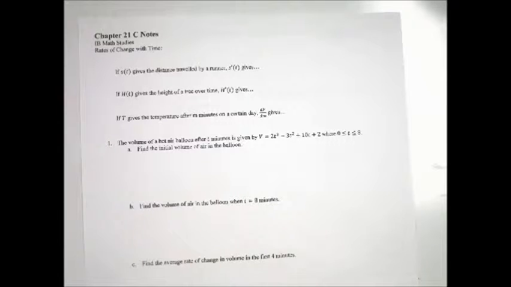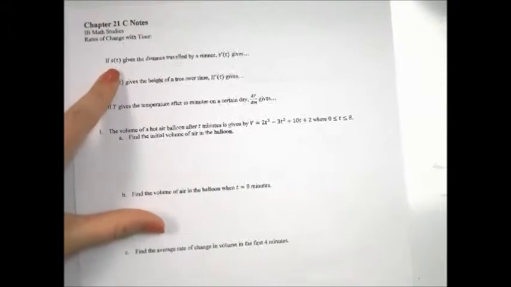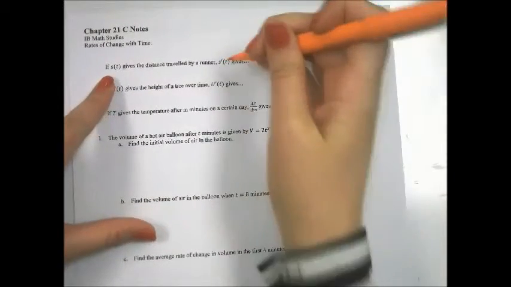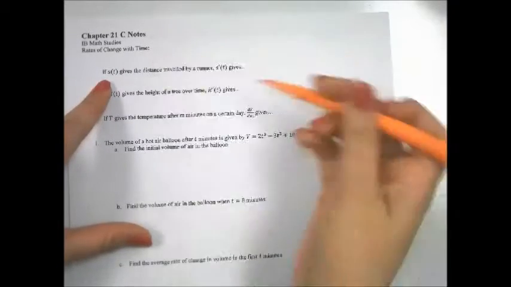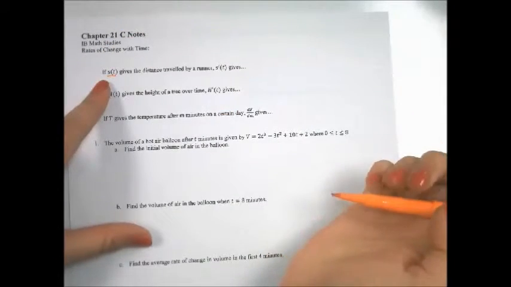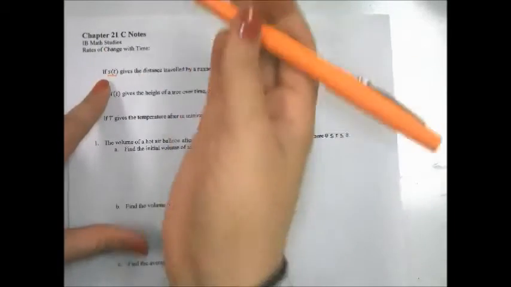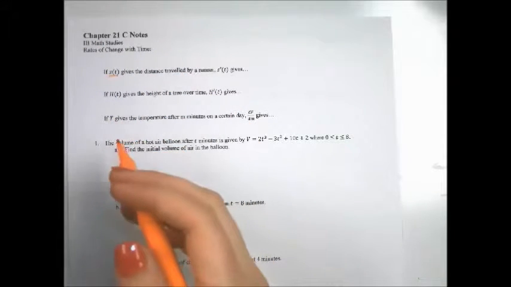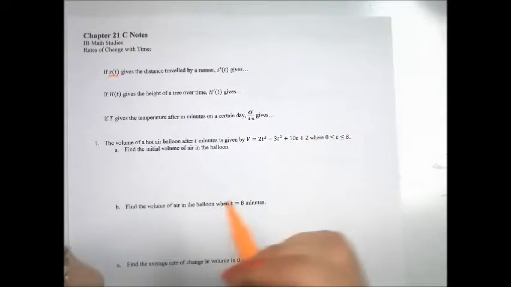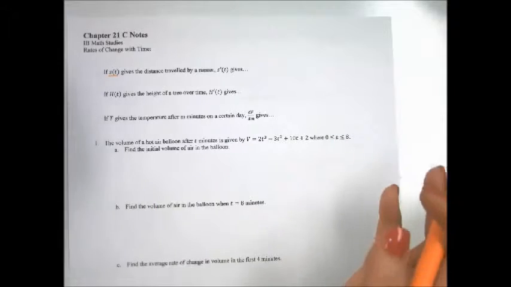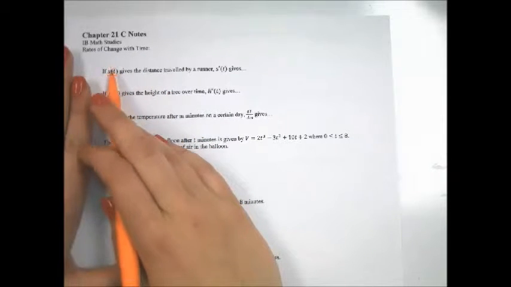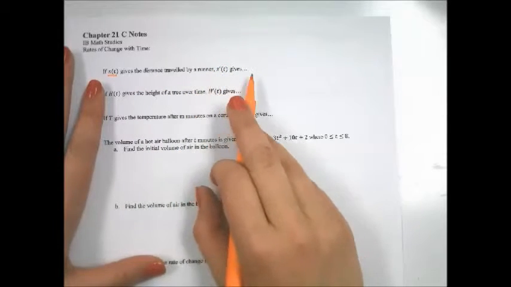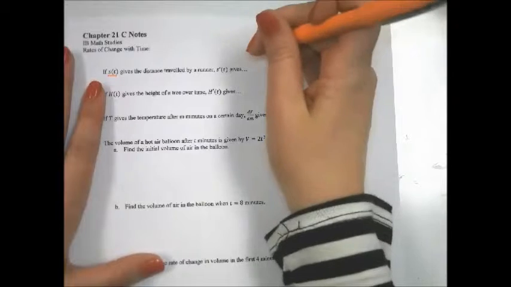So let's get started. This says if s of t, so we have a function s of t, gives the distance traveled by a runner, s prime of t, so this means our derivative function. So if this is our standard function, s of t, that means t is our variable within this function. So it could be something like 2t plus 1, something like that. It could be quadratic, 2t squared. But t is our variable, gives the distance traveled by a runner. Then what does the derivative give us? Well, our derivative function,